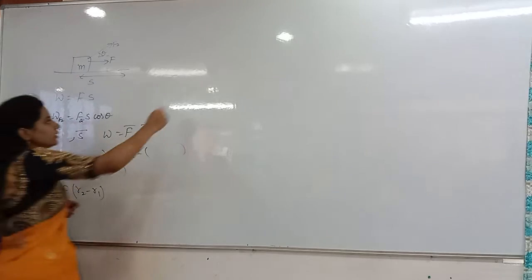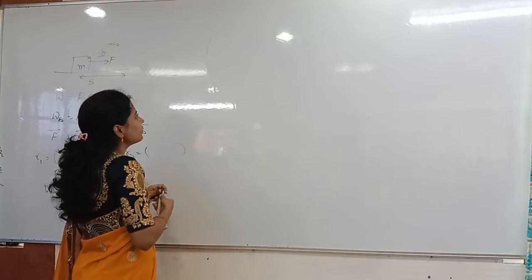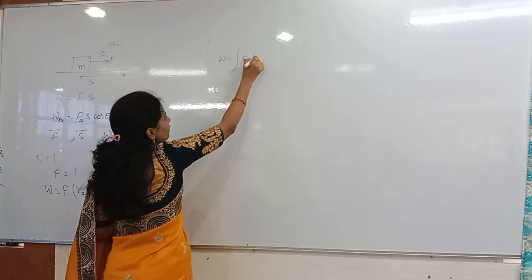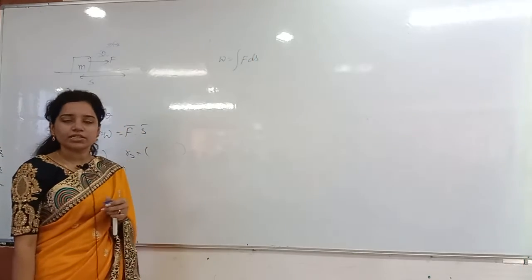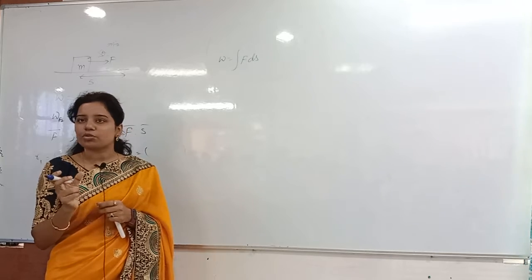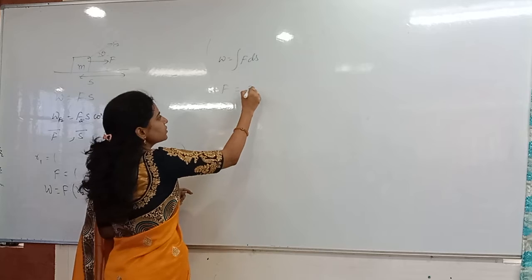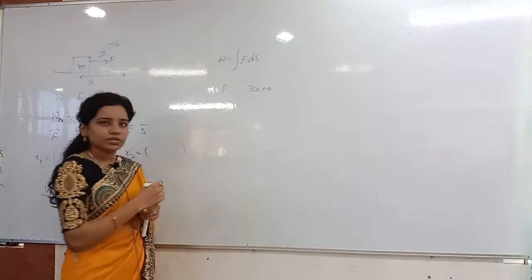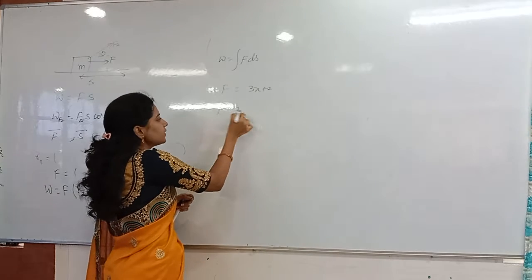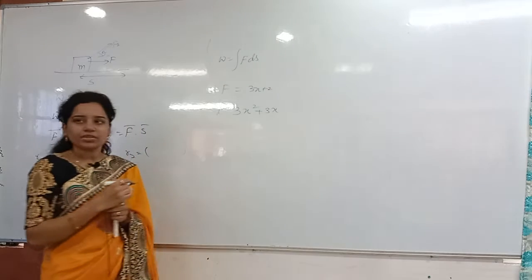And after that, we have seen the variable force also. Work done by the variable force, W is equal to, what is the formula we got? Integration of F into ds we got. And also in the study hours we have solved some kind of problem, that is whenever they will give F function only, F is equal to 3x plus 2, like that they will give. Sometimes they have given the x function also, like 3x square plus 3x, like that they have given, then what you have to do?